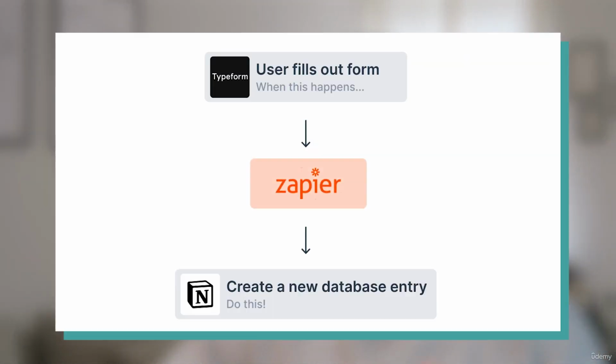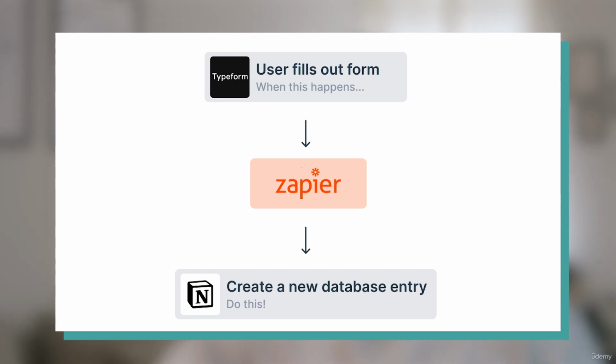In this video, we'll set up our first automation using Notion. And the automation we're going to build is going to automate the process of getting feedback from our clients. So basically, we'll have a form that our clients can fill out, and then the answers of that form will